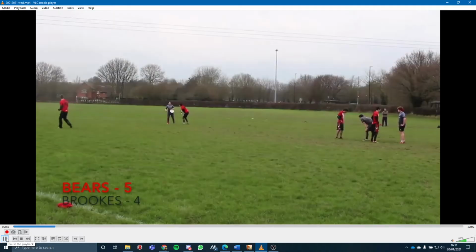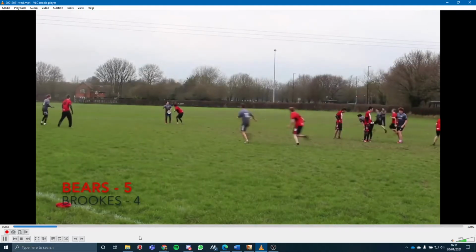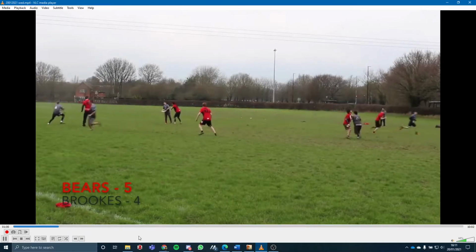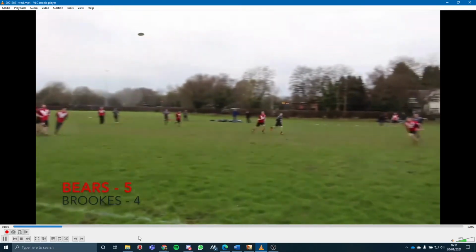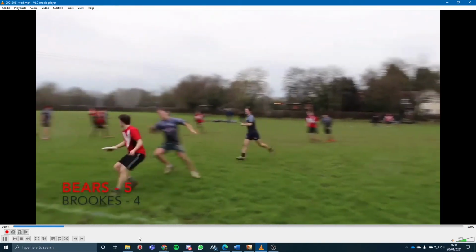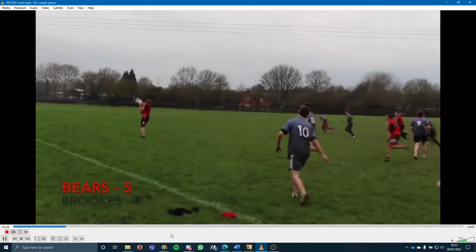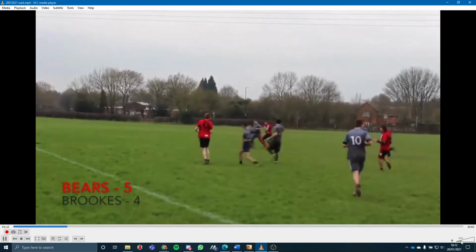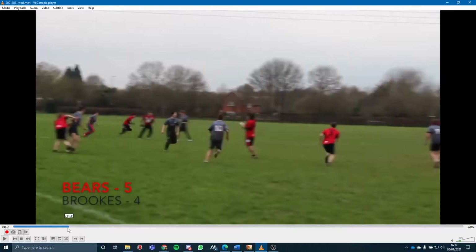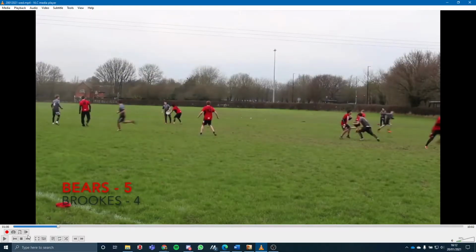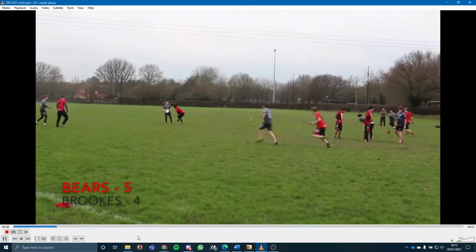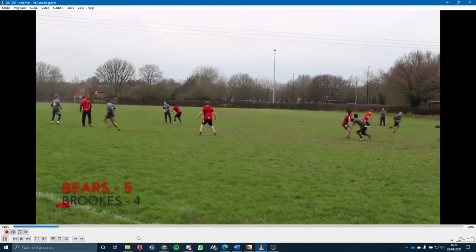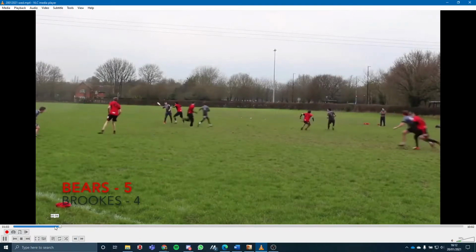Cool. Next one. So the throw is obviously quite lazy. I know from watching the game that if we could pause it, sorry. Yes. If we just look at that first bit again, the throw is obviously very lazy. I know Oxford Brooks only had 7 players for this game, and they've played 9 points in a row, so they're probably very tired. But if we look at the first cut, if someone could explain what this person does